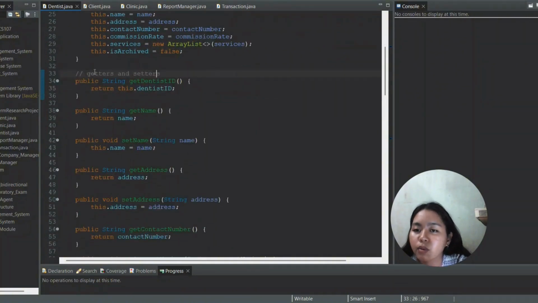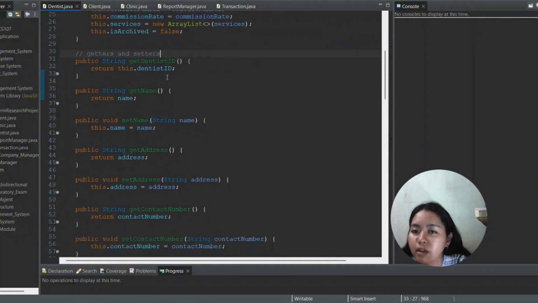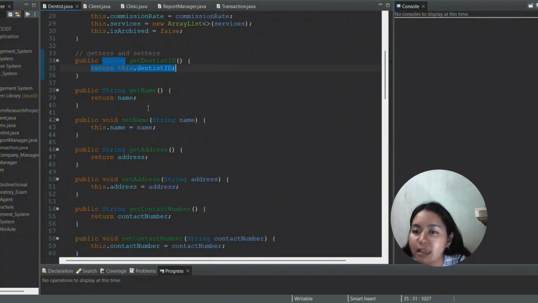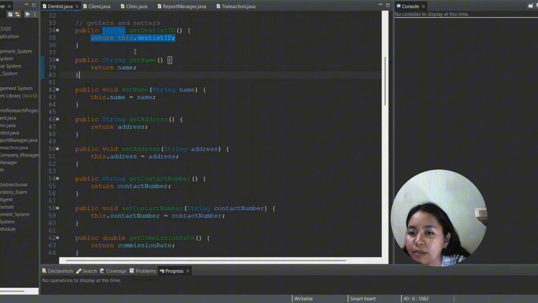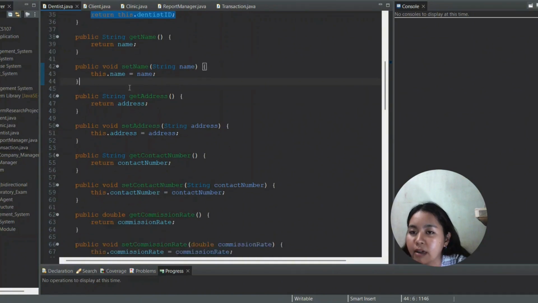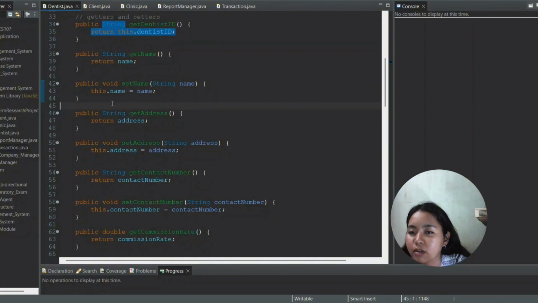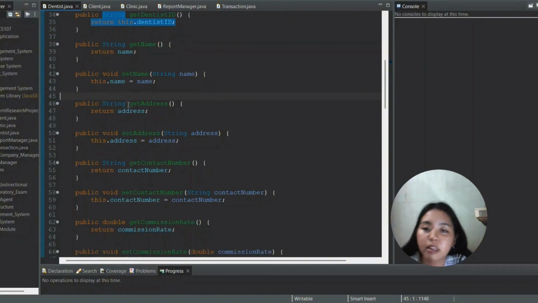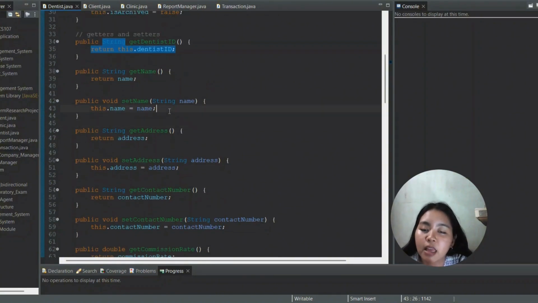There are also getters and setters. For the dentist ID, this returns the ID. Get name returns the name of the dentist, and set name sets the name.